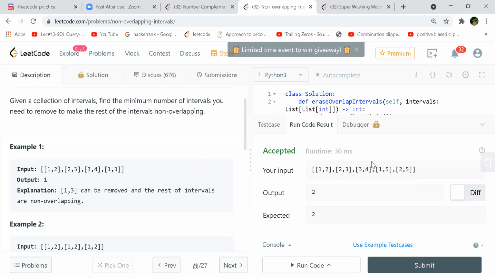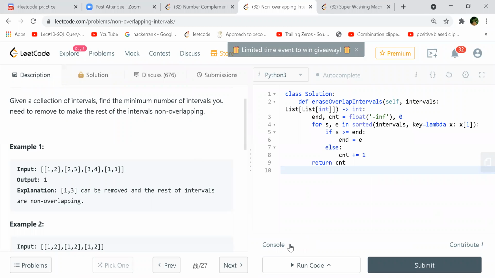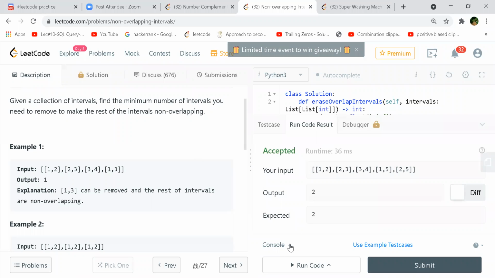Because you are removing 1 5 and 2 5, and that will cover everything. If you just remove 1 5 and 2 5, that would be good. Or else you remove 1 2 and 2 5, but then in that case, 1 5 is going to be another problem, so that also won't work. So we have just one option of removing, right, 1 5 and 2 5. The others are 1 2, 2 3, 3 4, but they are non-overlapping and more than 2. I don't think we can form any other.